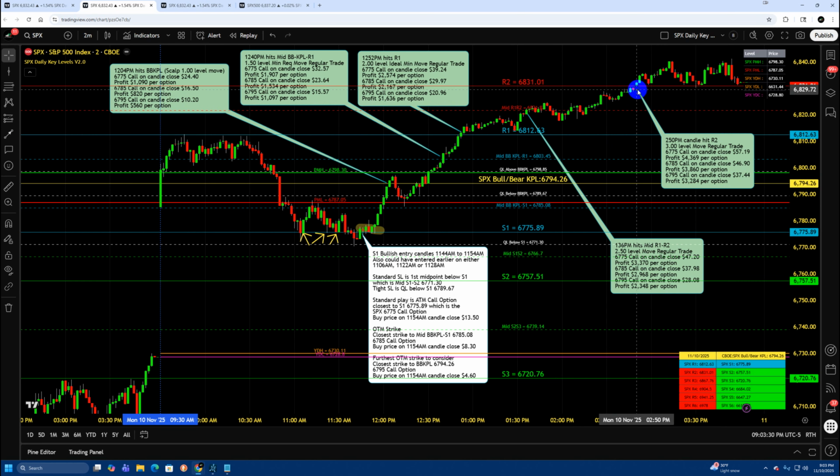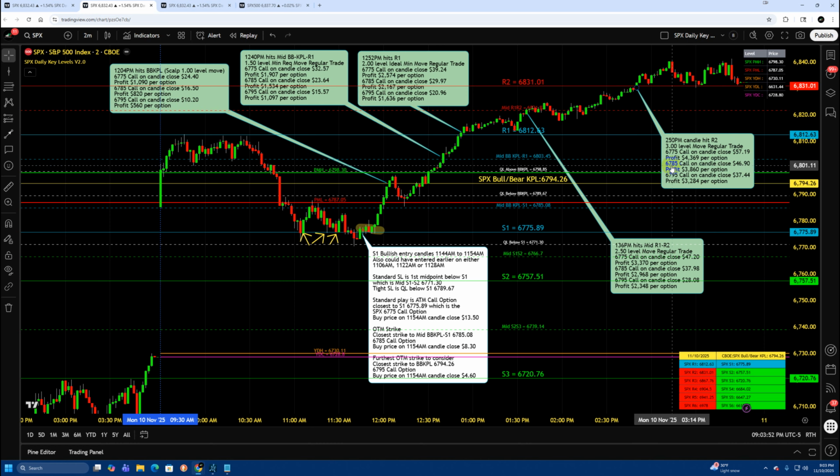Then at 2:50 p.m. it moved up to the R2 level. That is now a 3-level move on a regular trade from S1. So that would be another decision point here with all of those options on the regular trade. The 67.75 call on the candle close is 57.19. That's a profit of